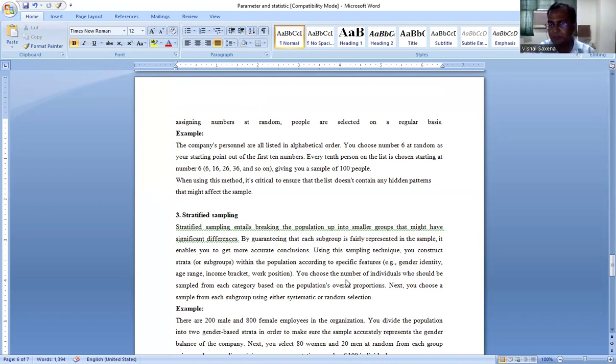Now you choose the number of individuals who should be sampled from each category based on the overall population. Next, you choose a sample from each subgroup using either systematic or random sampling selection. So in this way,